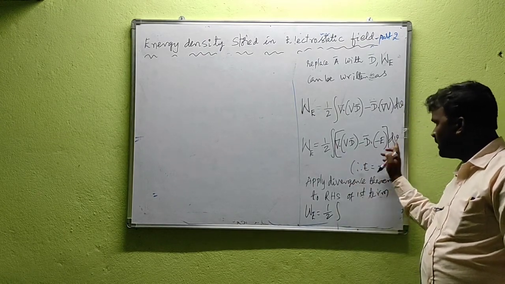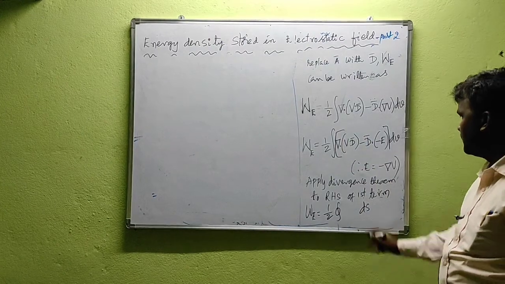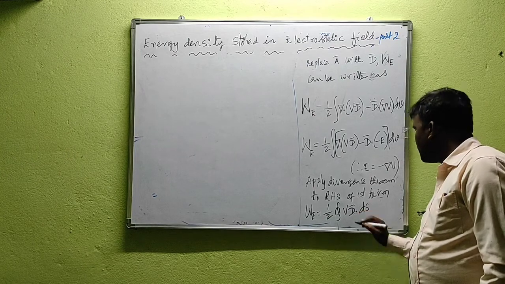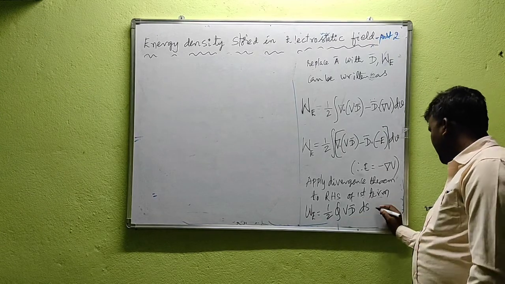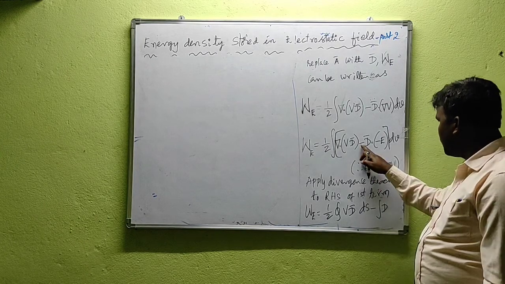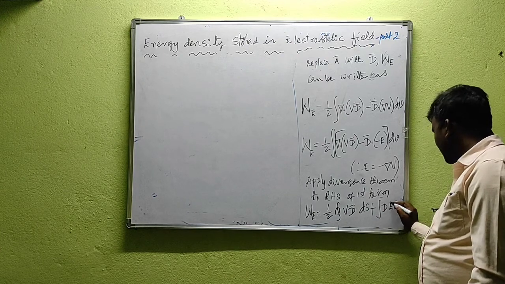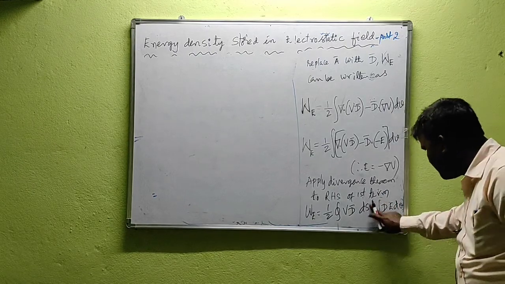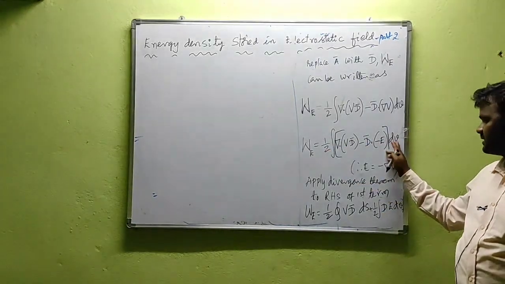Without the volume integral we have the divergence. Without the divergence, that is a closed surface integral of this vector, that is V D dot dS, or simply V D dS, minus integral D dot E. Here minus into minus becomes plus, that is integral D E dV. No need to write these bars, these are vector quantities, we know that very clearly. And that 1 by 2 is common to this part also. It consists of two parts, this 1 by 2 and this dV are common to both.